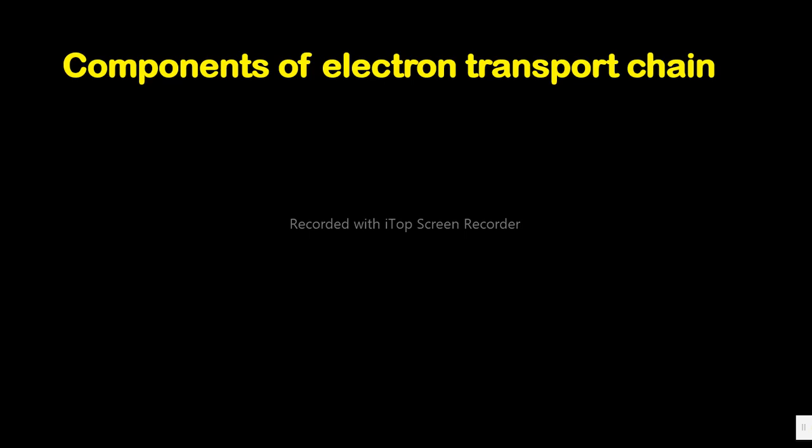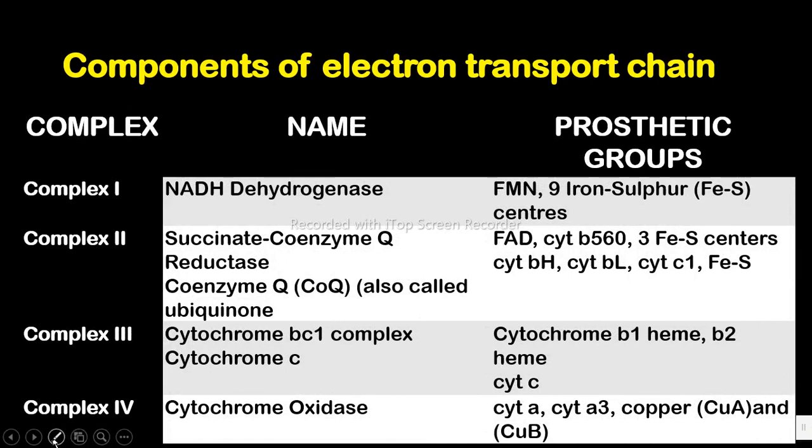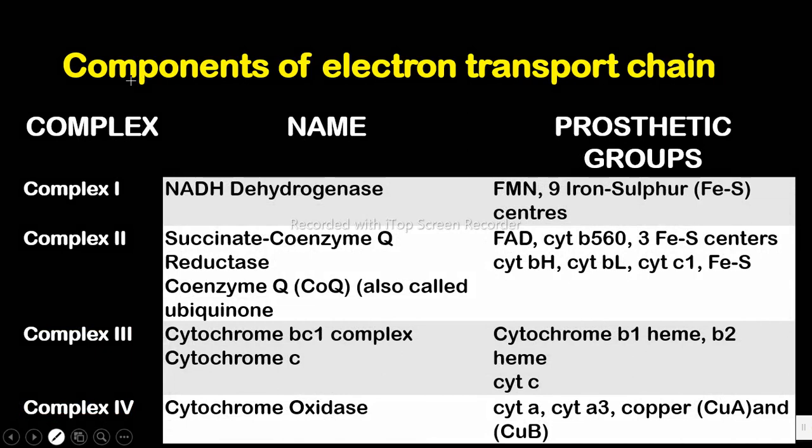Those complex proteins that are found within the inner membrane, and how they are able to do it. Within the inner membrane, we have different protein complexes that are arranged in a series of decreasing energy. These proteins have prosthetic groups, the non-protein components that get oxidized and reduced, okay? So when one is oxidized, the other one is reduced, and they undergo oxidation-reduction reactions as the electrons from the Krebs cycle flow through these protein complexes,